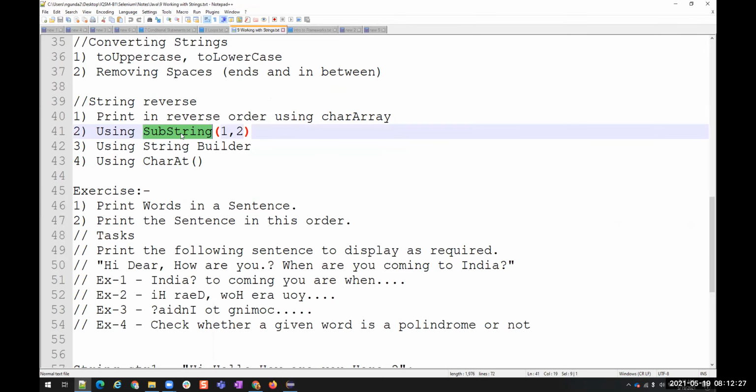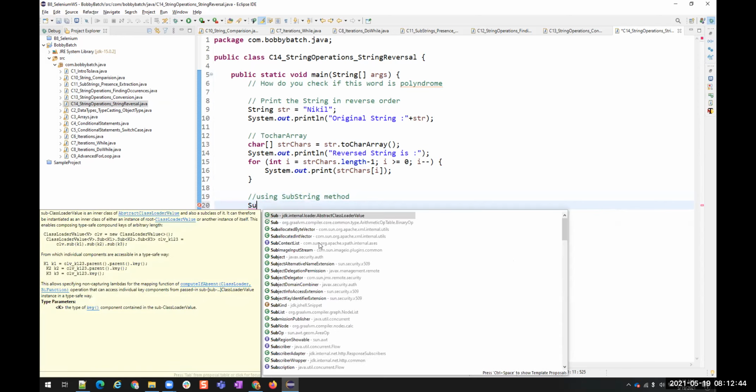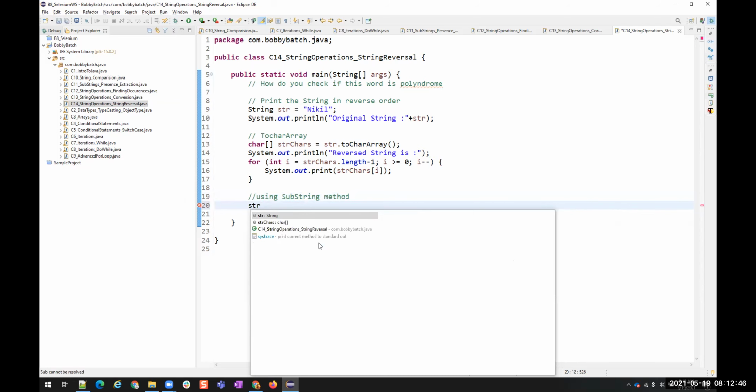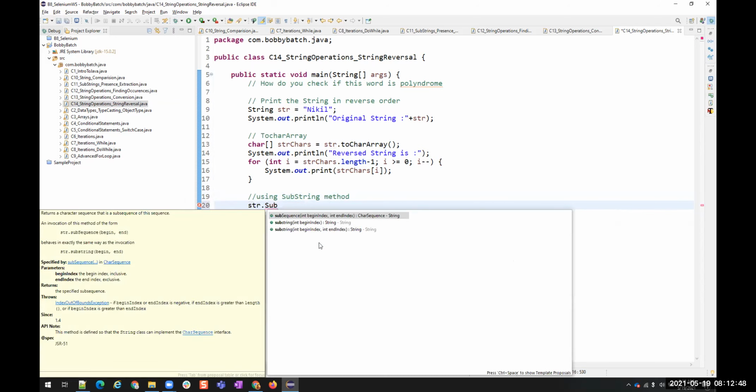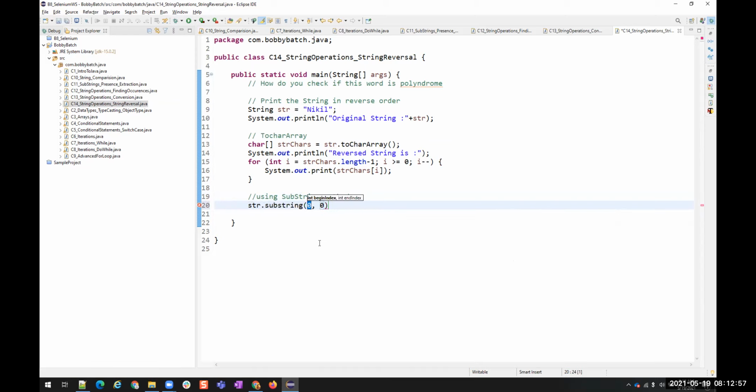Let's use the substring method now. Again, I want to reverse the same string str, Nikhil. str.substring takes two things, begin index and end index.